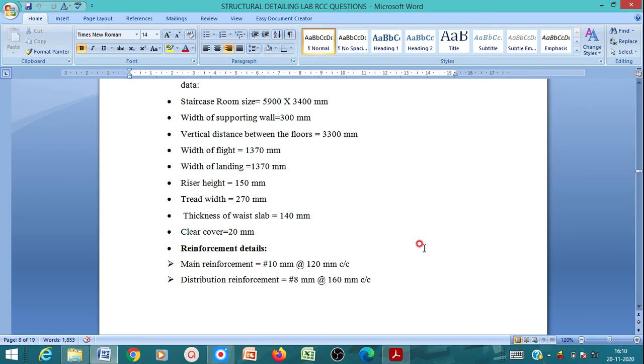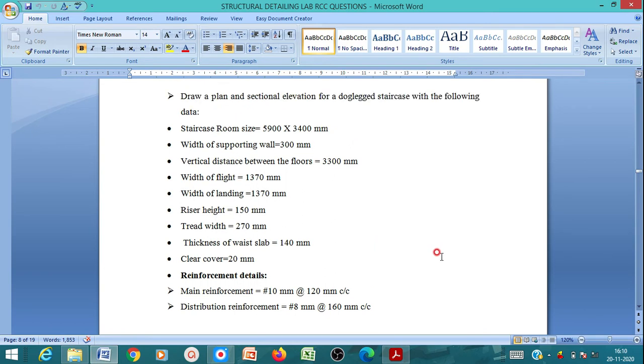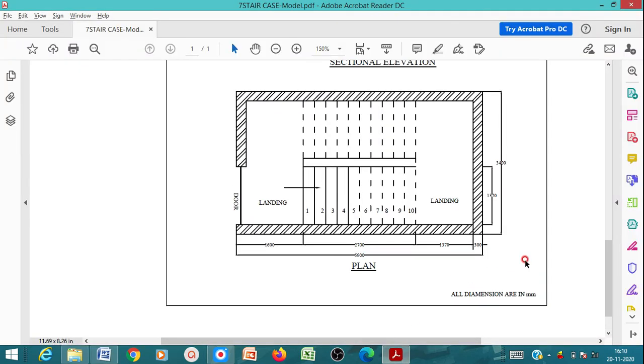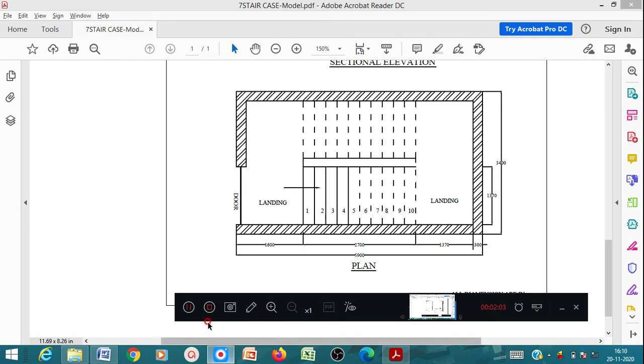By referring to this data, we have to prepare the plan and cross-sectional elevation of the dogleg staircase. As I told you, this is the reference sketch we have for preparing the structural detailing. So we'll start with AutoCAD now.